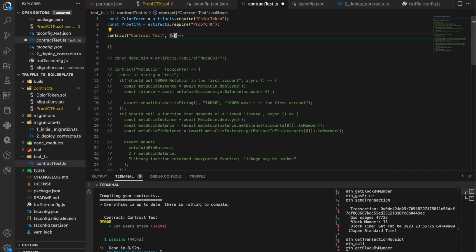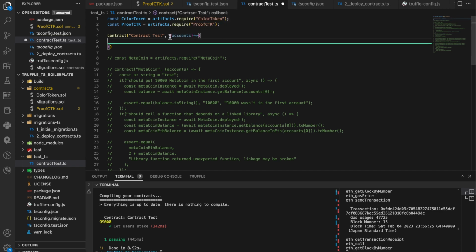We just input whatever we want, and then we will see what the type is, and it is accounts. If we were just using the default truffle, we wouldn't know this is the account, and we didn't even know there is a callback argument inside here. So now we know it's account. We just put account,